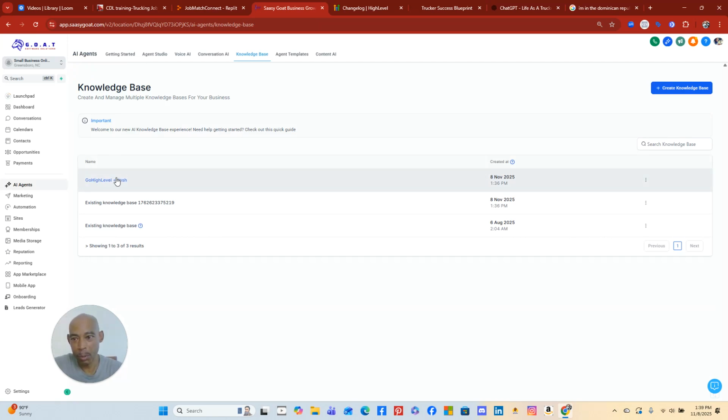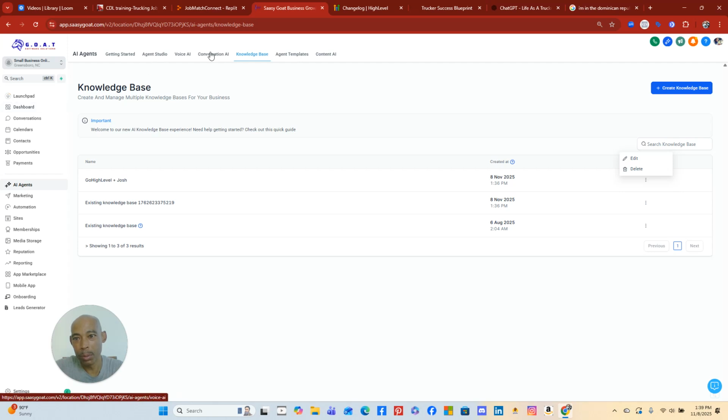I guess it's just a placeholder. That's not, wait a minute. GoHighLevel plus Josh. The agent name was Samantha. I don't really know how this works as far as this goes, because I only installed one of the pre-made agents, and her name was Samantha. This is a knowledge base for GoHighLevel Josh, so that's what I mean by I don't know how this all works. But we're going to create one, but first I'm going to go over here to